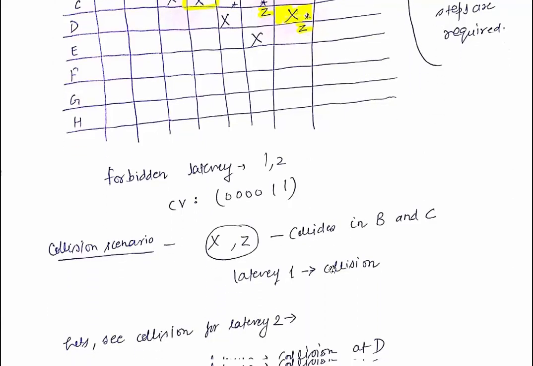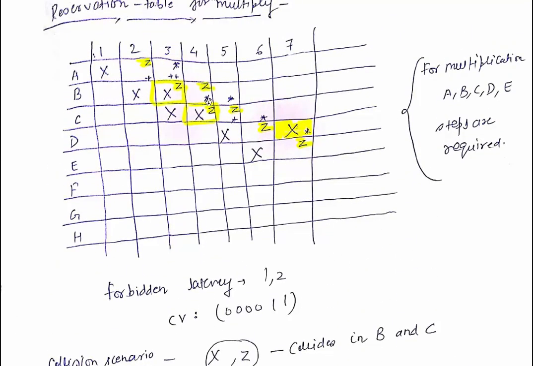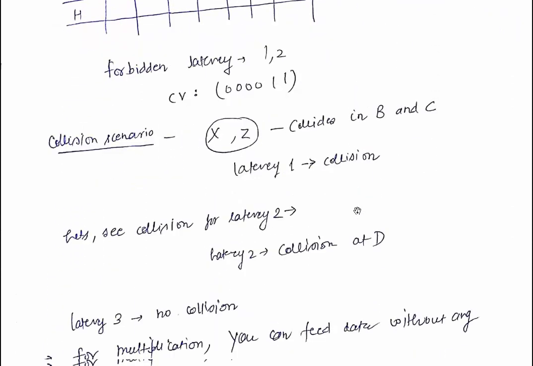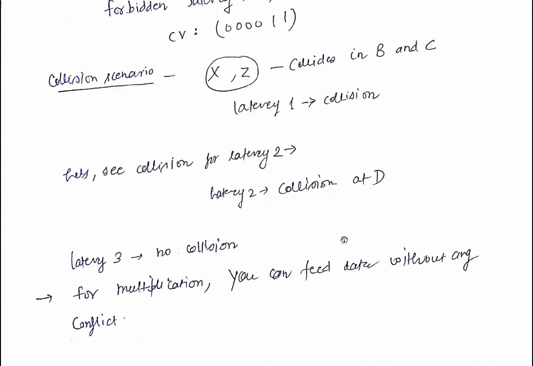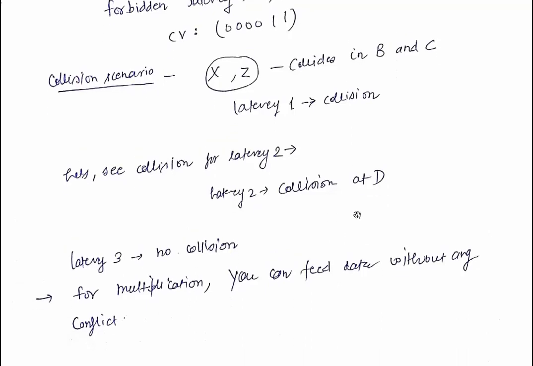So your minimum average latency would be 3, because if you advance these cross marks by 3 units, there would be no collision. If you advance this by 3, it will come here at 5. If you advance this, it would come at 6. A similar case is here. If you advance it by 3, it would come here, and if you advance it by 3, it would go beyond this. So your minimum average latency would be 3, because it will not create any sort of collision or conflict between the successive stages with respect to the given reservation table.